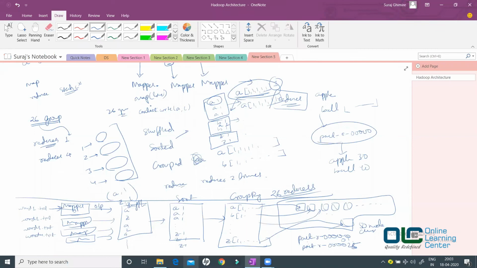Okay, how do you decide the number of reducers in real time? I have already answered this. The total number of reducers can be defined by the total number of groups. If you have all the data from A to Z, you want to count apple to zebra, and you are sure that there are only 26 occurrences, then you can better choose 26 reducers.